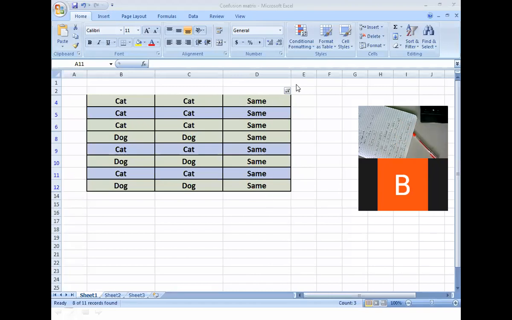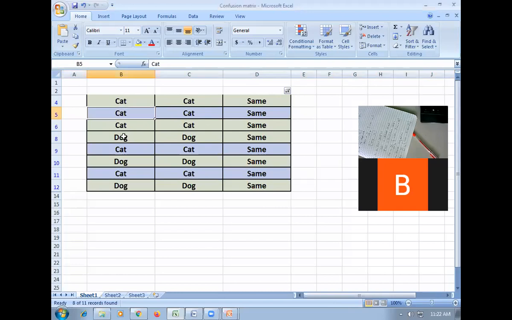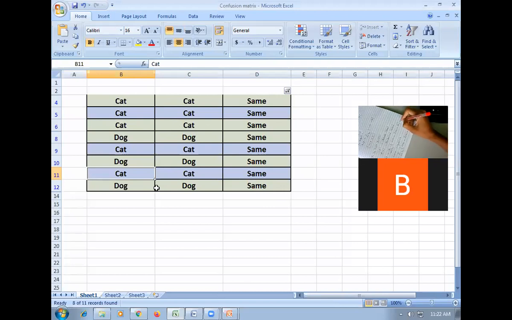सेम है, उसके लिए मैंने फिल्टर अप्लाई किया, नॉट सेम के वैल्यूज निकाल दिए मैंने, और यहाँ पे कैट कितने सारे एंट्रीज है? कैट के 5: 1, 2, 3, 4 एंड 5. सो यहाँ पे क्या होगा? नंबर ऑफ ट्रू पॉजिटिव आर 5. So the TP value in our case is 5. Okay.